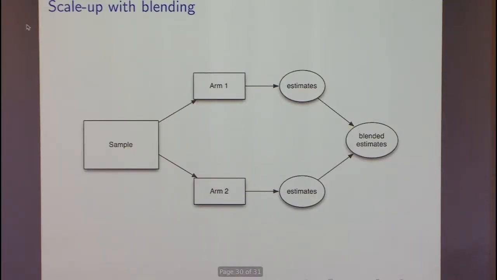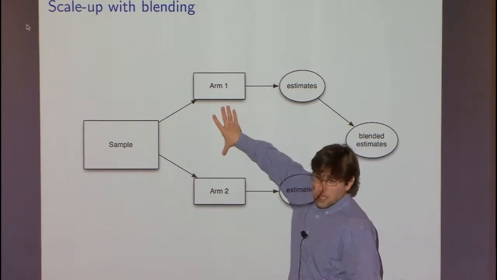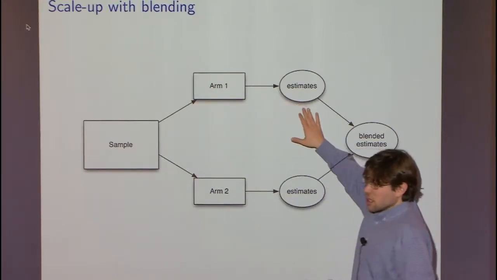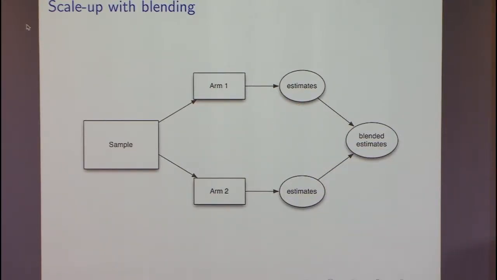Okay, so then this gives us a sort of general recipe that we can use. We take our sample, we split it into two arms. Why are you splitting it into two rather than three? Because if you had three, you'd know if you're nearing that sweet spot or if you're still... Yeah. So ideally, we would like to do three.